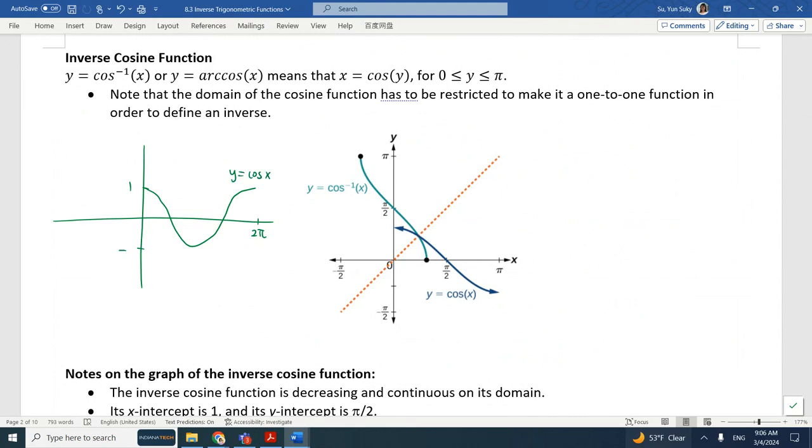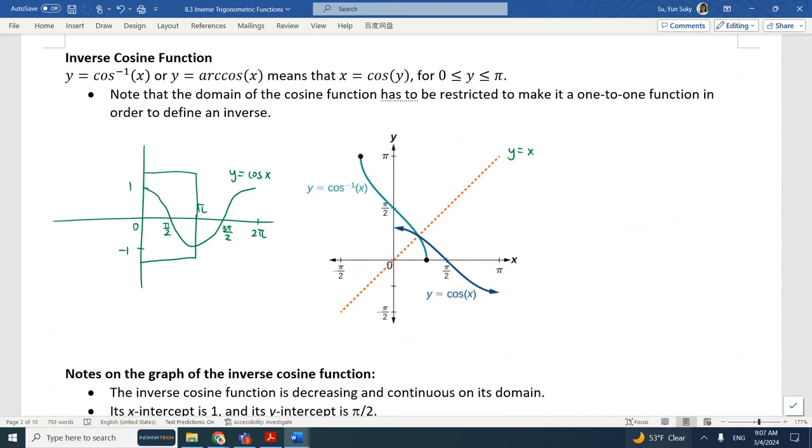In order to find the inverse function, we need a one-to-one piece. The one-to-one piece we use is here, from 0 to pi. From 0 to pi, this piece is one-to-one. And then we flip it over the line y equals x. Therefore, the light blue curve is the arc